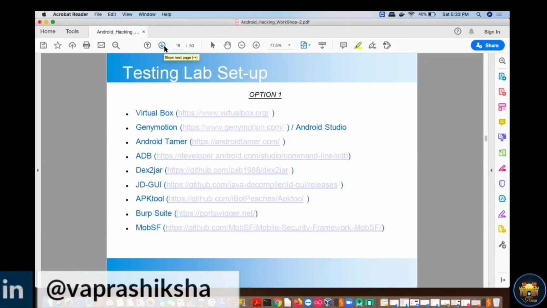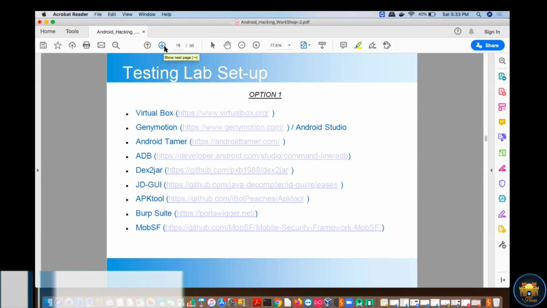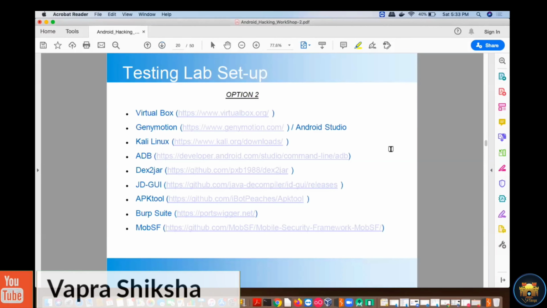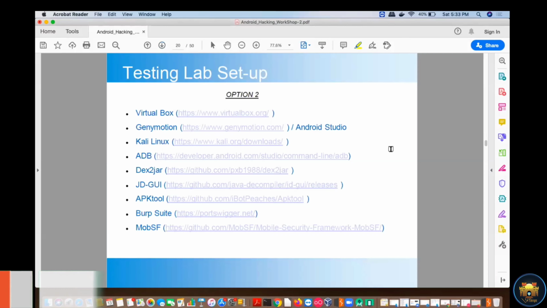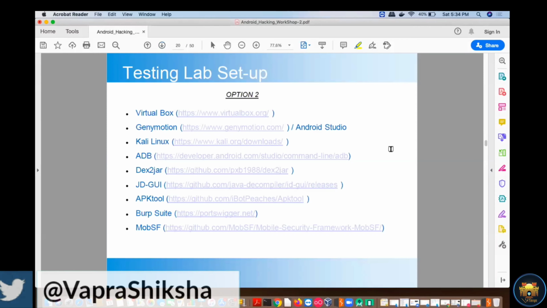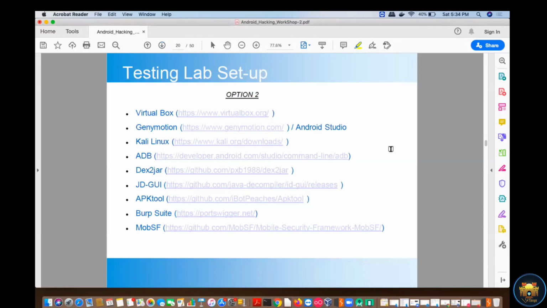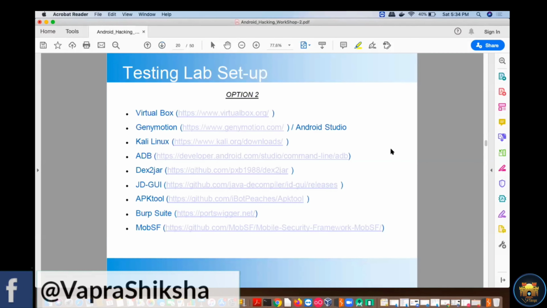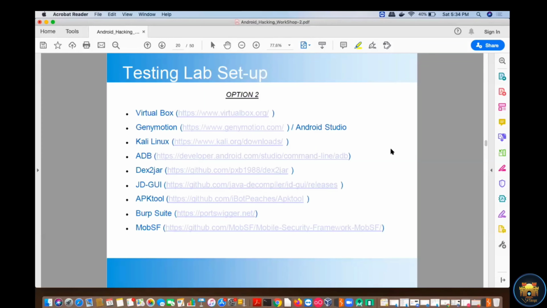Mithal Mehta says, how to write a mobile VAPT report? Mehta ji, for writing a mobile VAPT report, I think we'll have to stick to the last session. Yes, that's correct. And not only writing the VAPT report, you need to understand this session can be leveraged for doing bug bounty programs as well, right? What we are explaining here, you can use to leverage your capabilities to find vulnerabilities in top mobile applications and get bounties from there. We will come to that session.